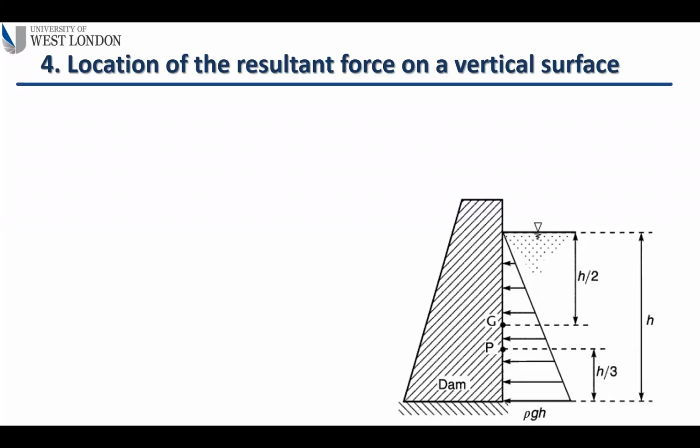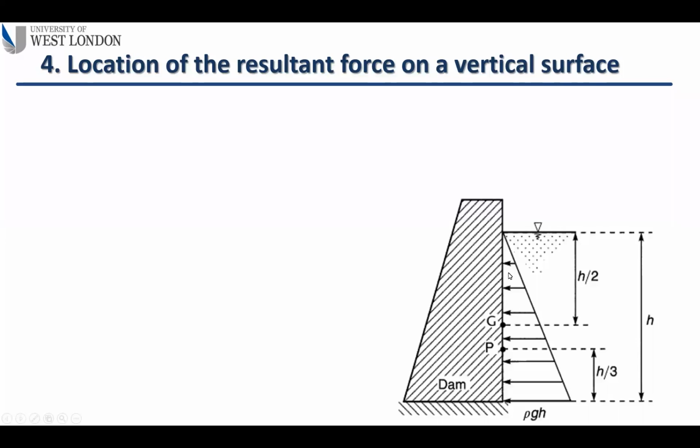Okay, in section 4 of the hydrostatic chapter, we just need to identify the location of the resultant force. So far, we understand how we can calculate the force. Now we need to identify the location of the force on a vertical surface. Imagine we had this dam reservoir, and this is the surface, and the pressure of the water acting vertically or